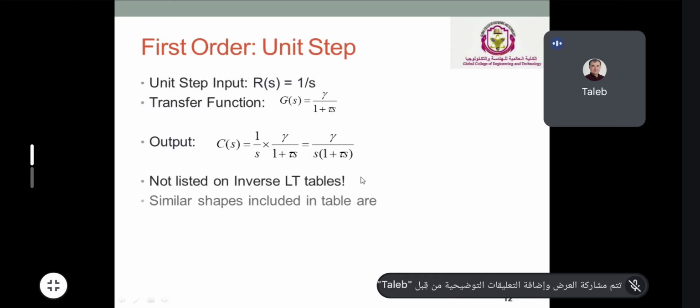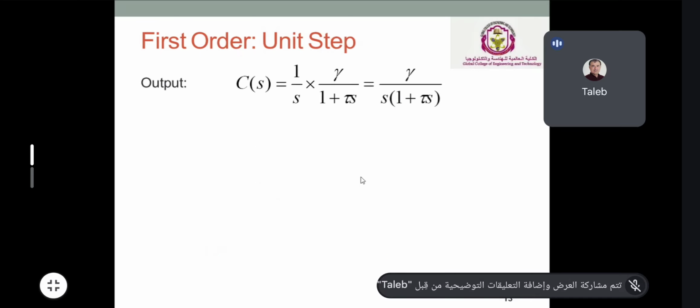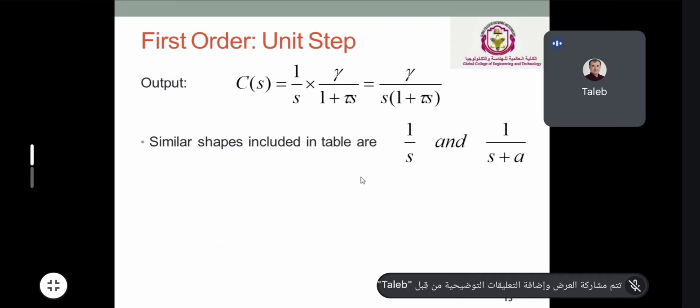Okay, so this is in the Laplace domain. In the Laplace domain, we have the Laplace transform table, and we look at the table and find the inverse time domain function for that transfer function, and then you will see the time domain as output. Okay, so here there is some mathematical calculation for those students who are interested in mathematics, to find out how to find the inverse